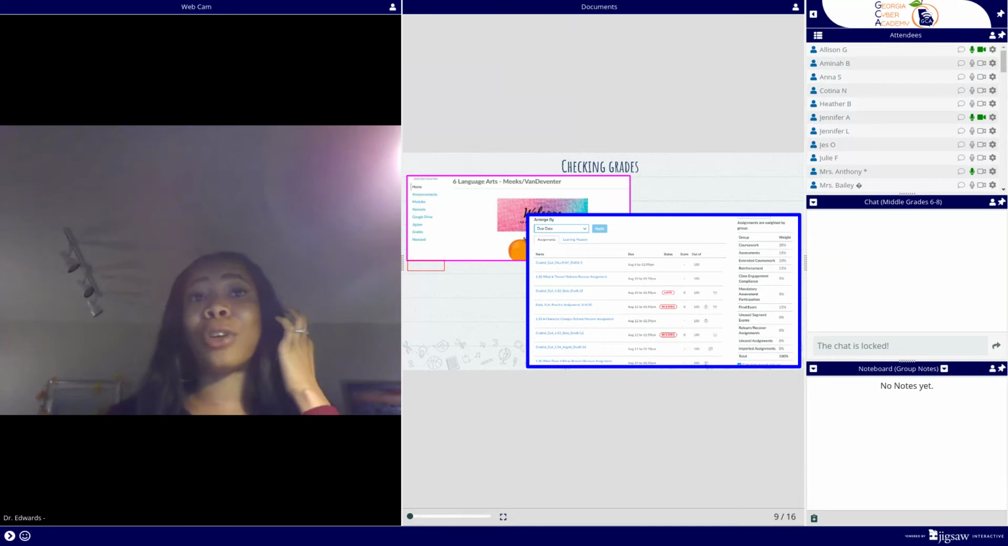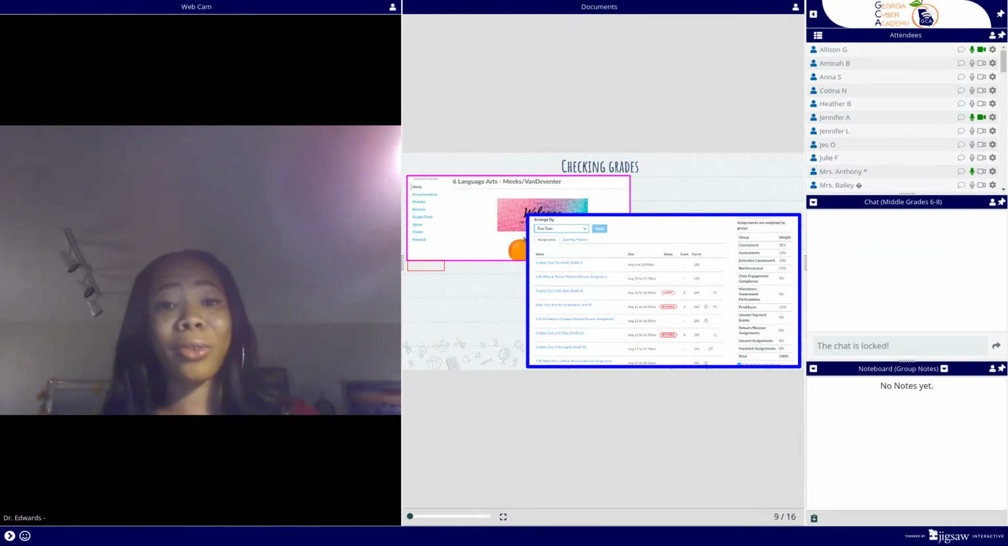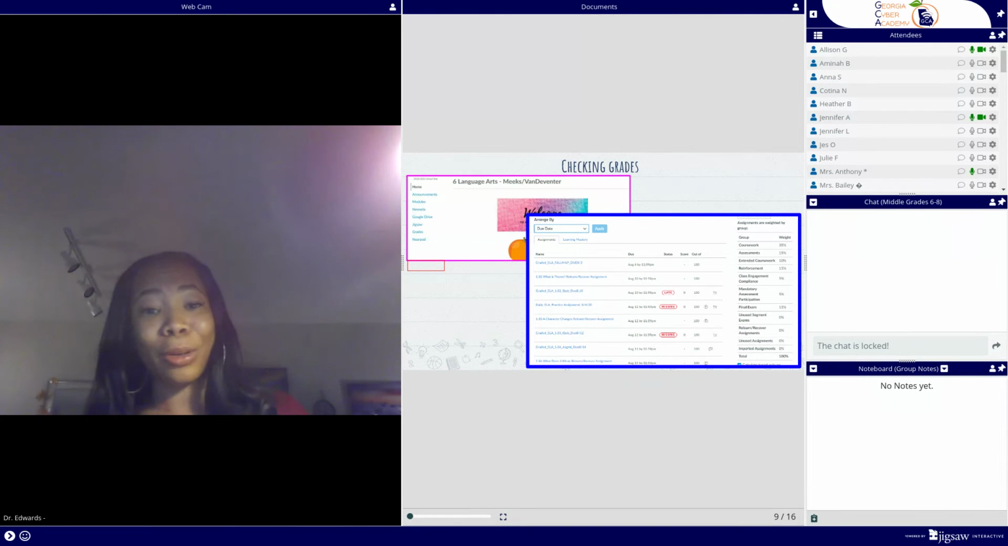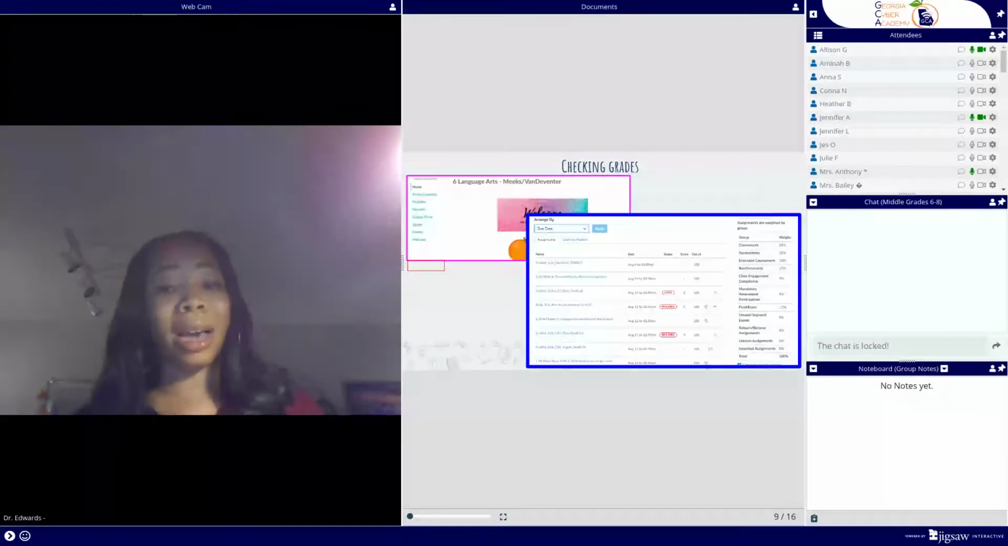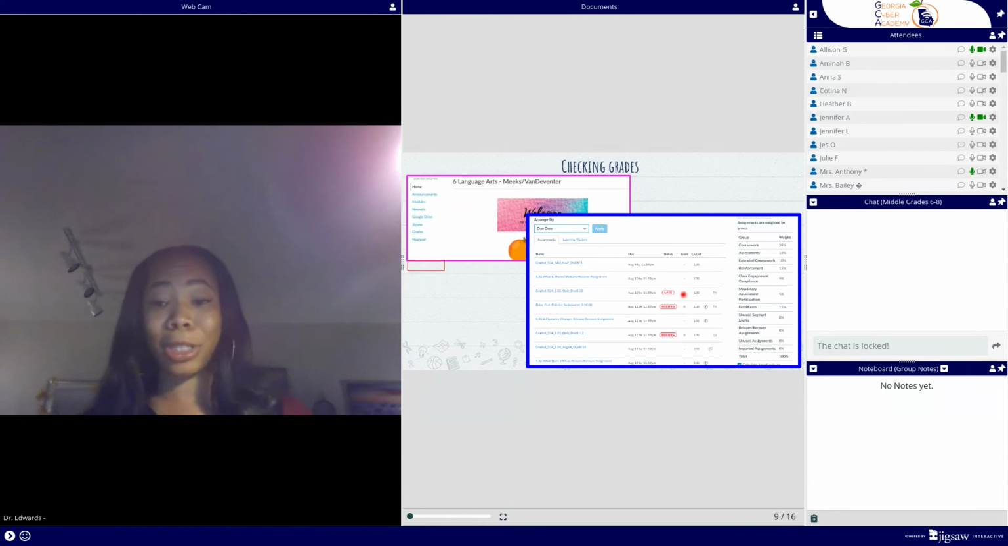So now for checking grades, it is imperative that students are checking grades often. And how do you check grades? Through Canvas. If you see this student, for example, I'm going to make it large on my end, where I see a late assignment, I see missing, and I see by it, I see some zeros. That is a red flag. So if something is late or something is missing,